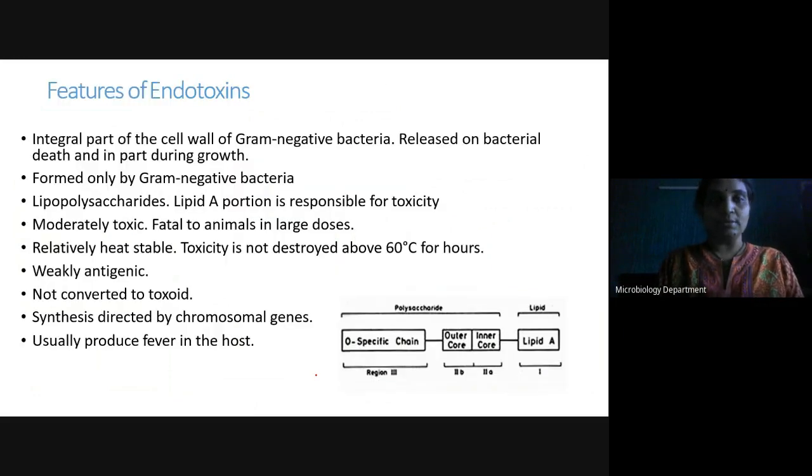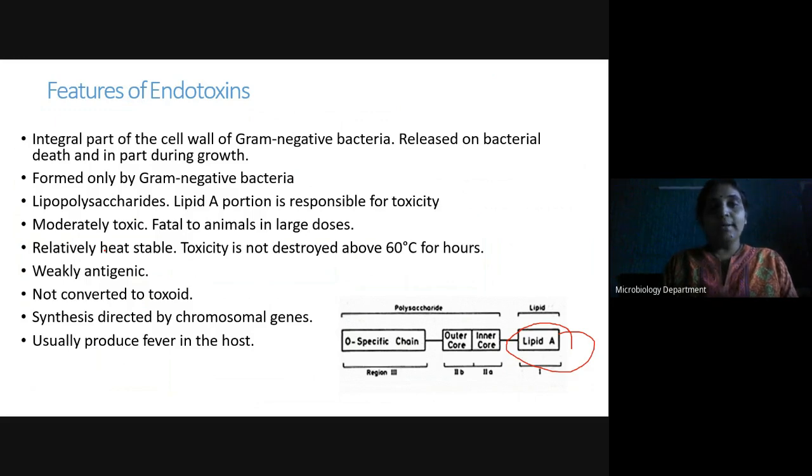And coming to the endotoxin, as we already discussed, the endotoxin is an integral part of the cell wall of gram-negative bacteria. And these endotoxins are produced only by gram-negative bacteria. Gram-positive bacteria will not secrete these endotoxins. These endotoxins are present inside the gram-negative bacteria, and are released during the death or lysis of the bacteria. And the chemical structure of the endotoxin is lipopolysaccharide, and you can see the structure of lipopolysaccharide in this picture. And here the lipid A portion is responsible for the toxicity,